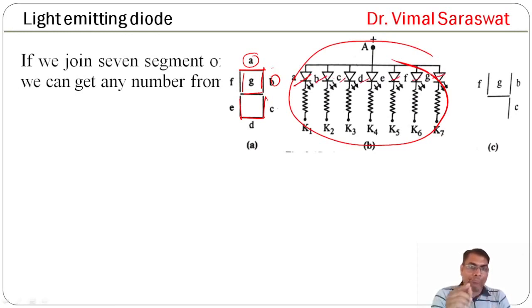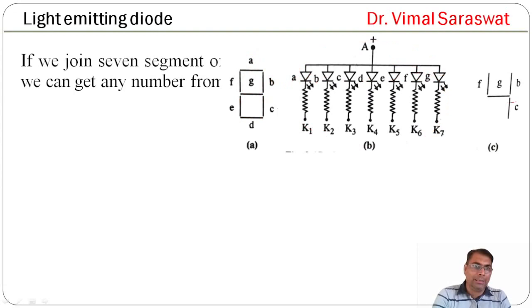So if we connect 7 LEDs, then we can create a 7 segment display, and here we are showing the digit 4. So to get 4, F, G, B and C LEDs are lighted up, and if we want to get number 2, then